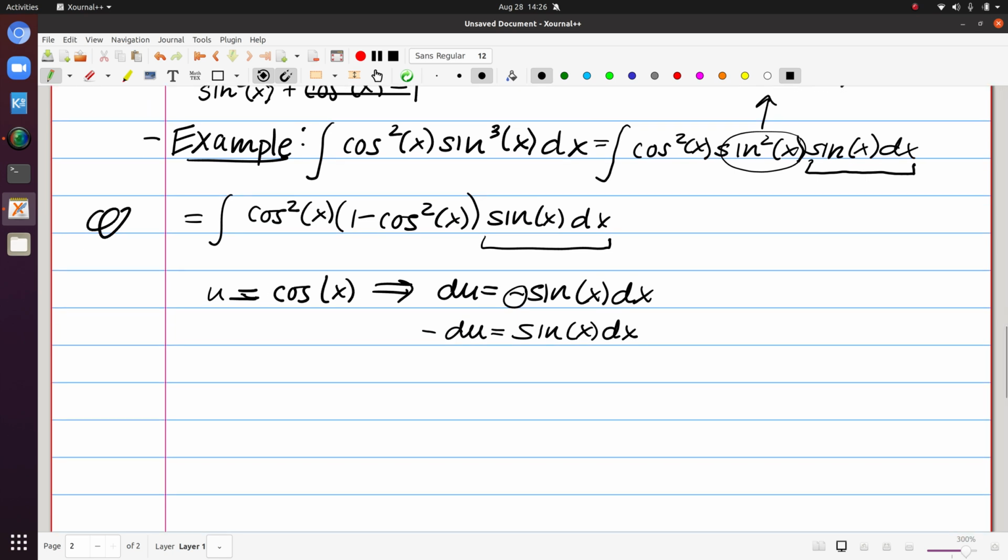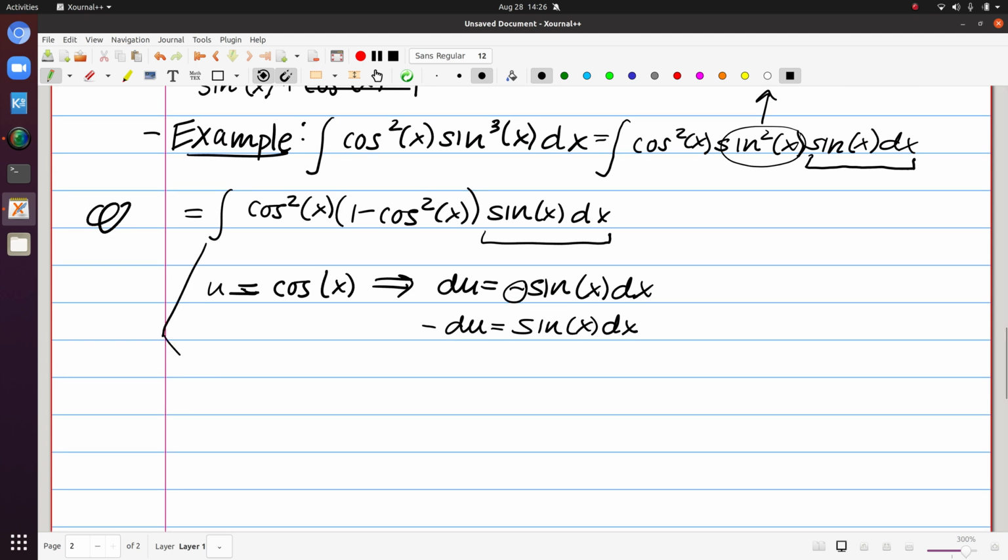So now I can say that the integral we had is equivalent to minus 1, the integral of u squared times 1 minus u to the 4th du, which is minus the integral